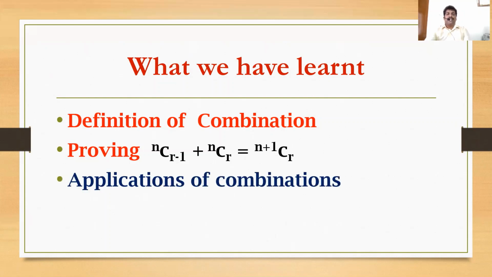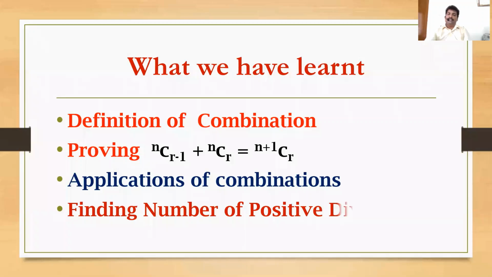Next, some applications. How many ways of selecting a committee? So applications of combination, generally selecting a committee of 6 members out of 10 members, selecting 5 members out of 10 members, or how many ways we can select vowels and consonants from the word EQUATION. Such type of applications we have learned in today's class. Next, finding the number of positive divisors and proper divisors also. So positive divisors formula includes 1 and that number. Proper divisors is excluding 1 and that number, that is minus 2.